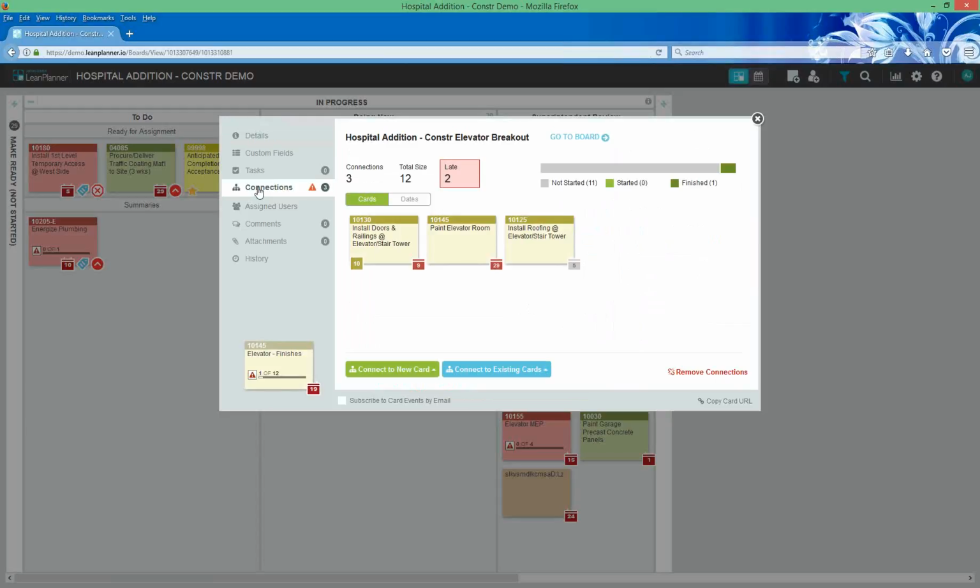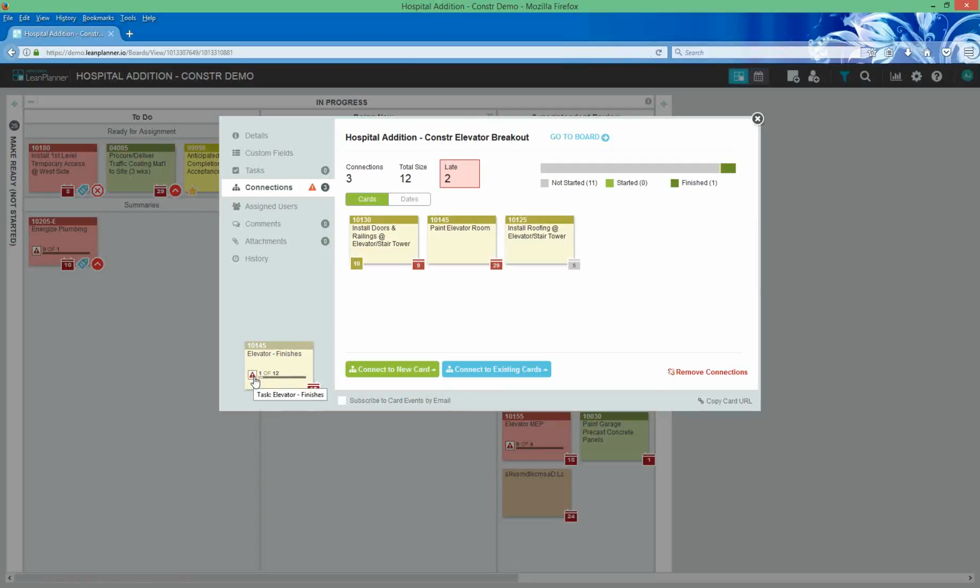So in this particular example, we've got some activities that are related to the card, and you can see that there's a little red exclamation point next to it. The whole point of this is to give you the ability to look and say, aha, there's something here where there's a discrepancy, and it's typically between planned finish dates.